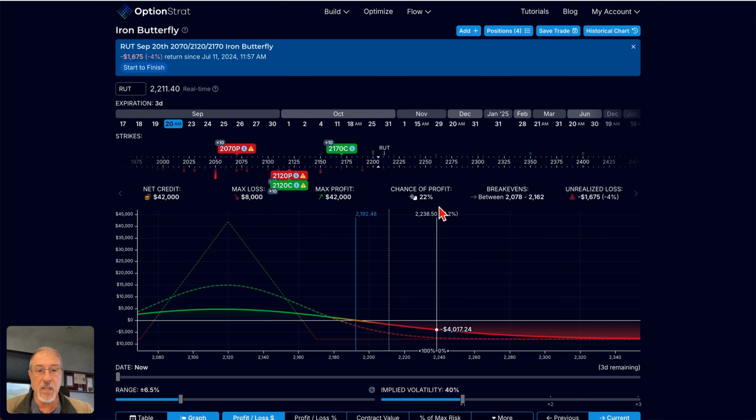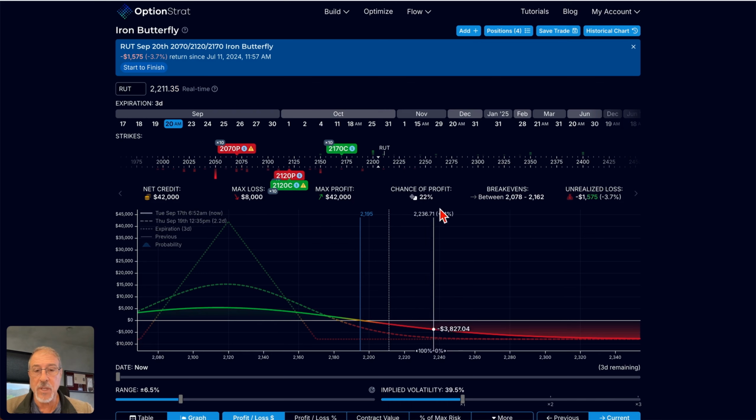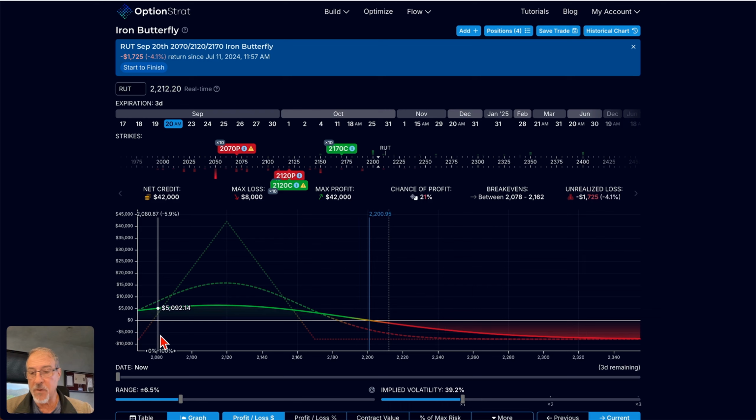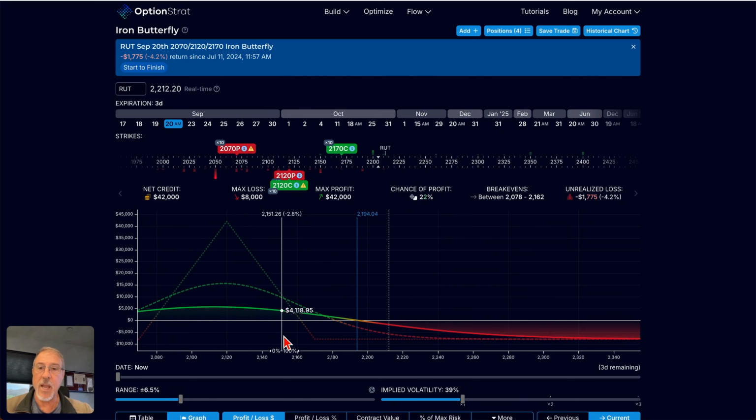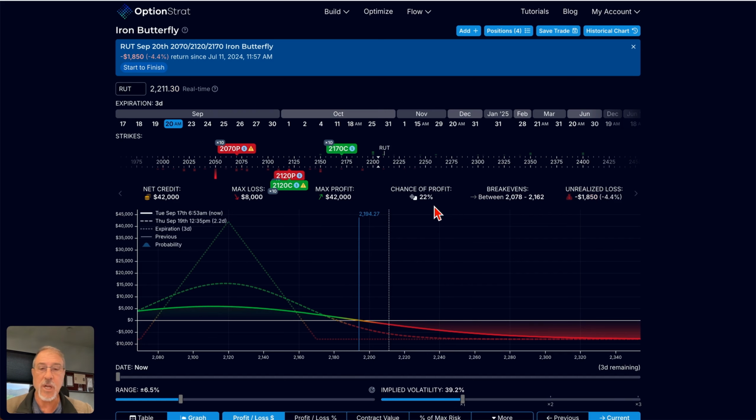And you can see that this only had a 22% chance of profit. And that's because this butterfly, while it covers a moderate range, the market could easily be outside of that range during the time of this butterfly. I mean, this thing was open for, let's see, July to August. So this was open over 2 months. And again, the market can move a fair amount during that 2-month period,